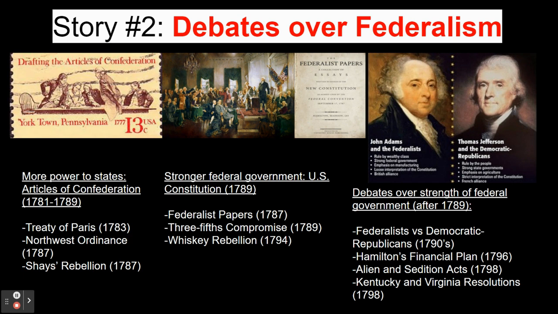For example, the Constitutional Convention failed to address the issue of slavery, settling instead on the 3/5 compromise, which left slavery intact and counted slaves in the population of the United States as 3/5 of a person. Yet the framers of the Constitution felt that this new government, with its system of checks and balances, did a much better job of balancing power between the states and the federal government.